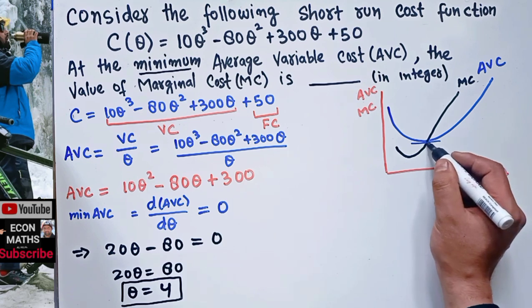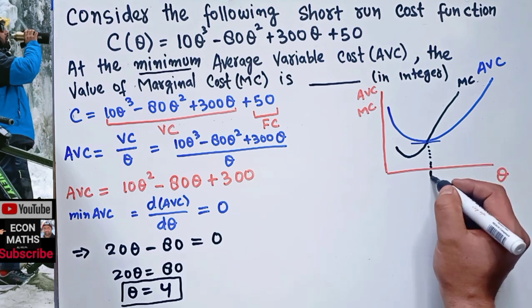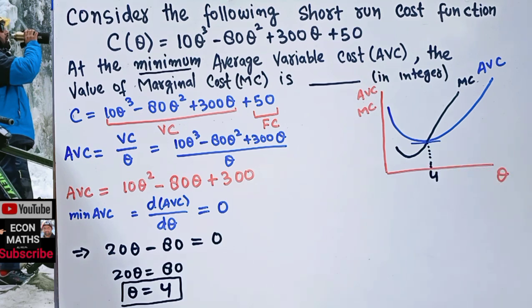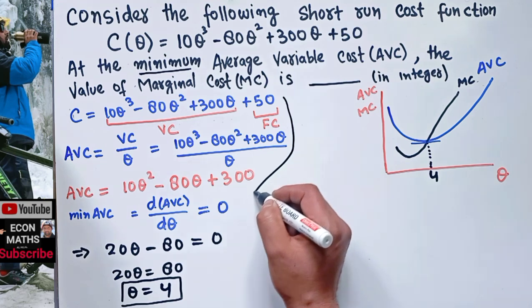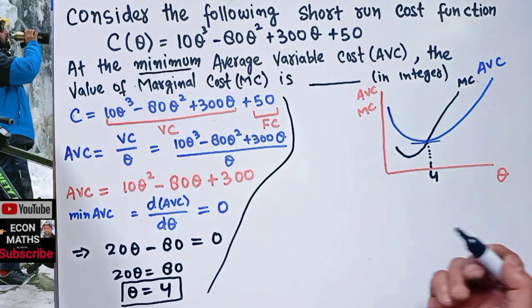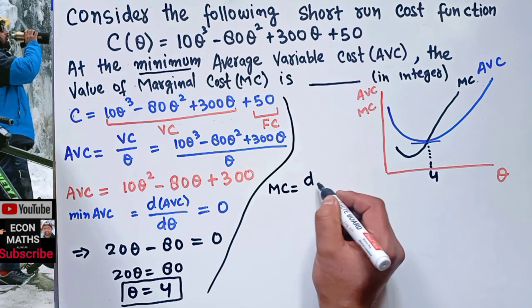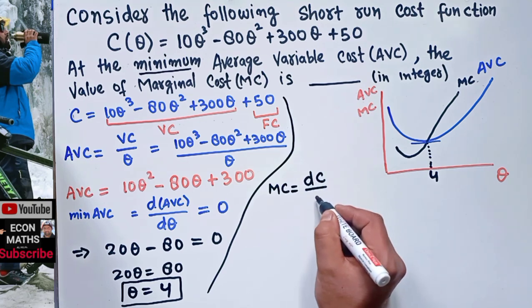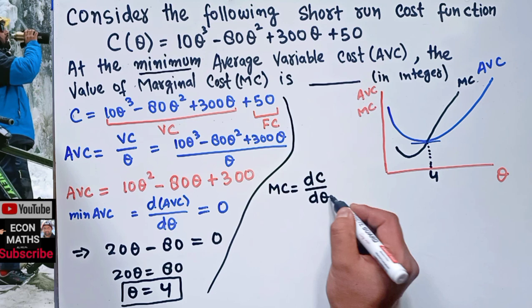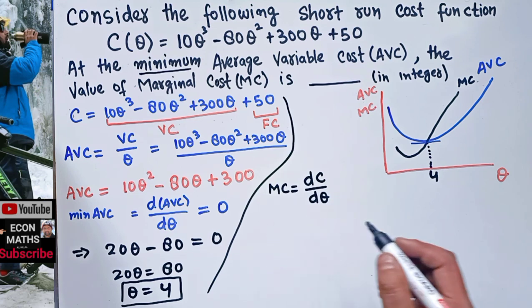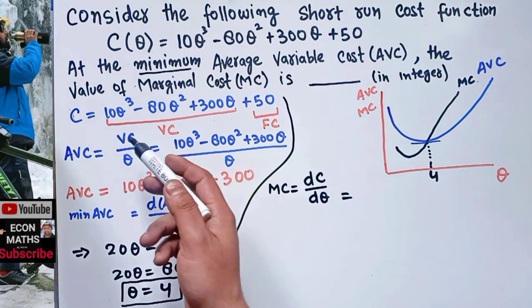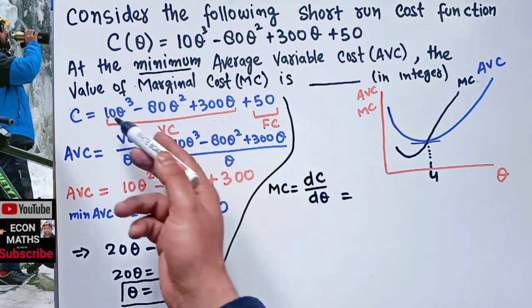So we got 4 units of output where average variable cost is minimum. Now we need to find out the marginal cost corresponding to this very level of output. What is marginal cost? Simply the derivative of the cost function with respect to output. So this is our total cost function, its derivative